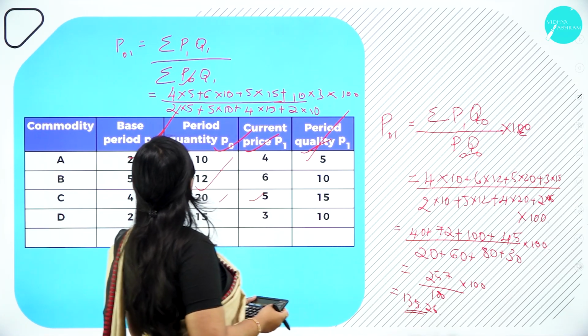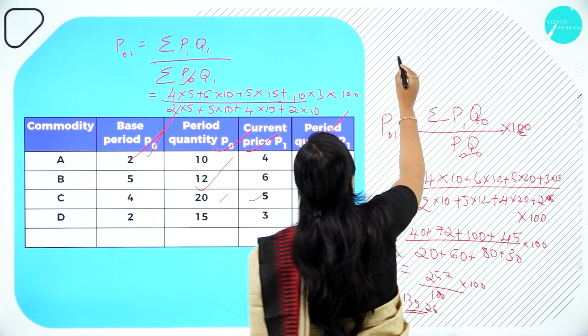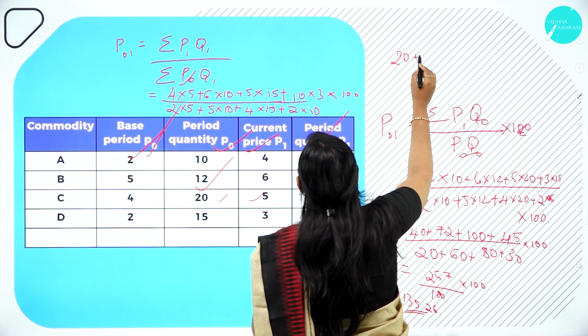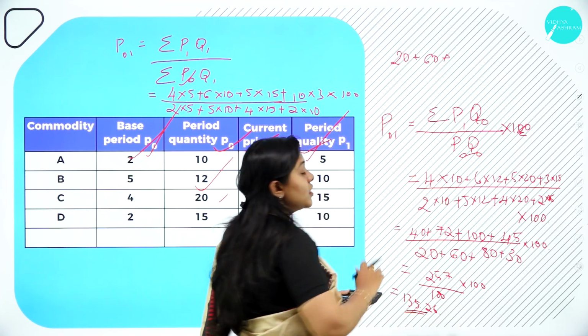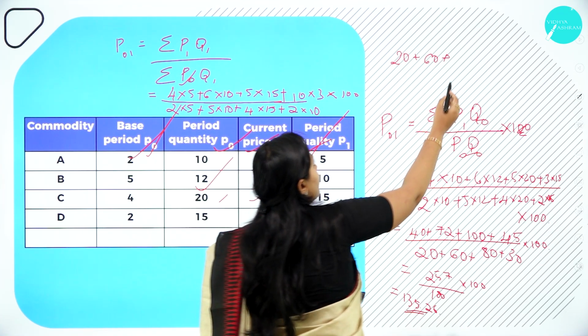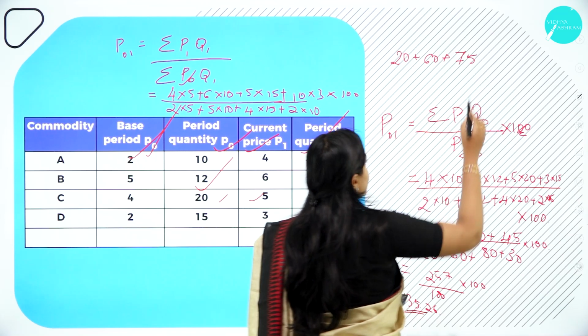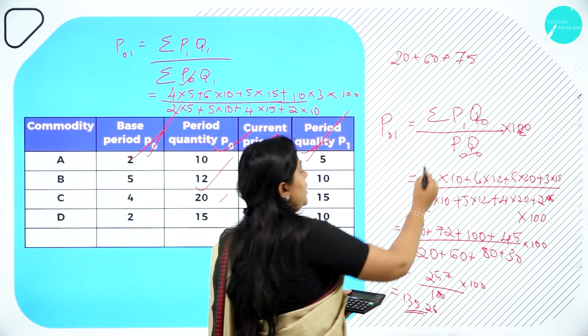So 4 5s are 20, plus 6 10s are 60, plus 15 5s are 75, plus 10 3s are 30, divided by